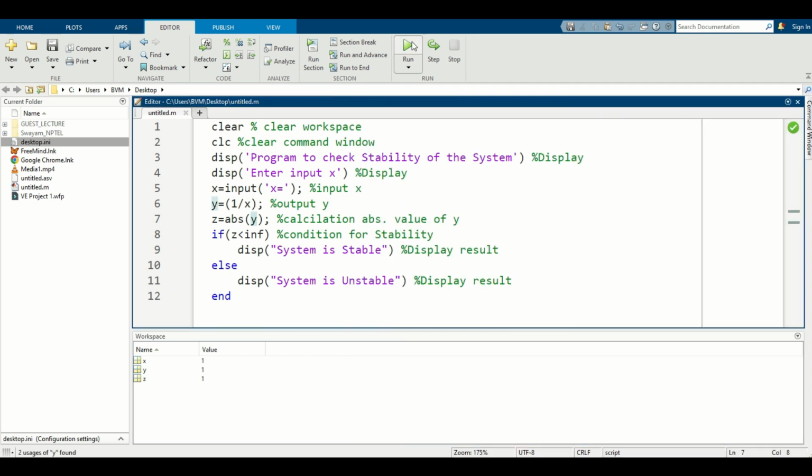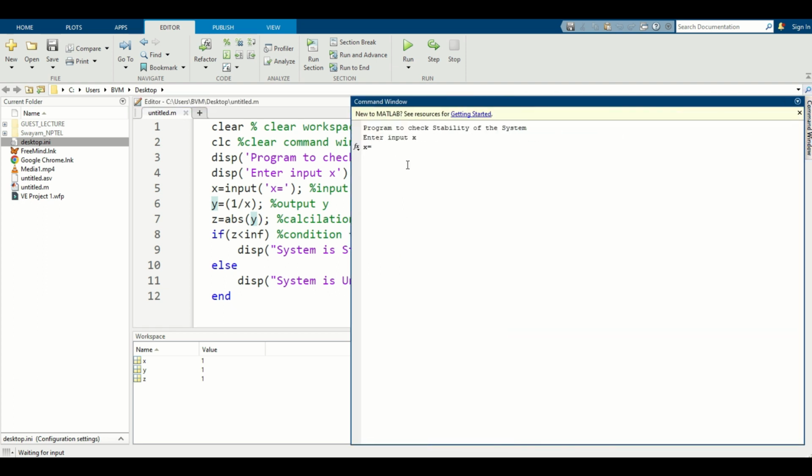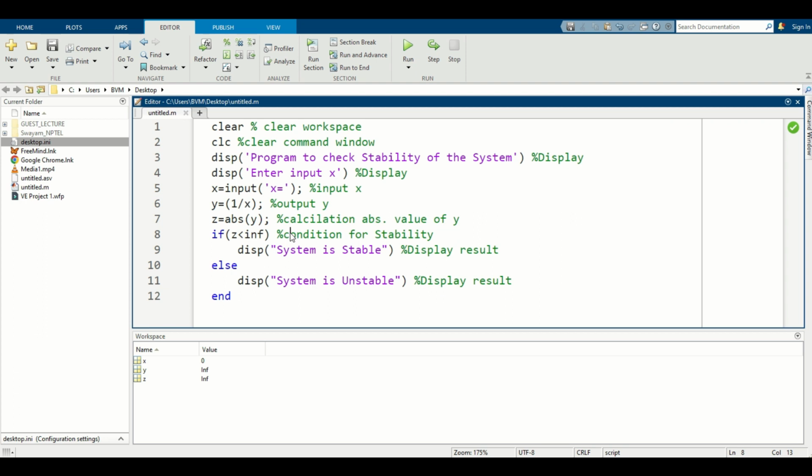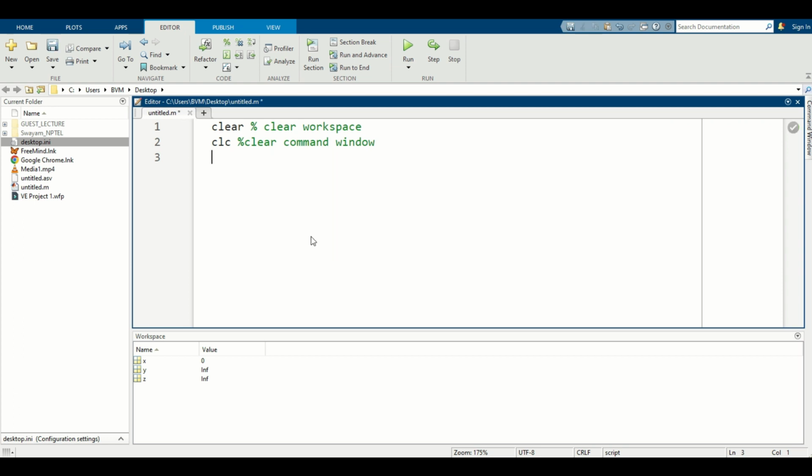Now run this program once again. Program to check stability of the system. Enter input value of x. If I enter x as 0, then 1 by 0 is infinite. So z is not less than infinite because it gives an infinite value. So when we put x equal to 0, the system is unstable. So system stability can be checked with the help of Matlab, and I hope you understand this program as well. Now move to the last one of the classification of systems, that is the invertible or non-invertible